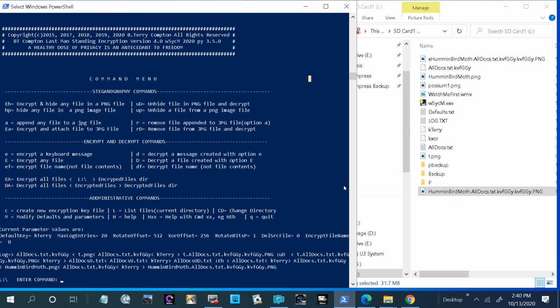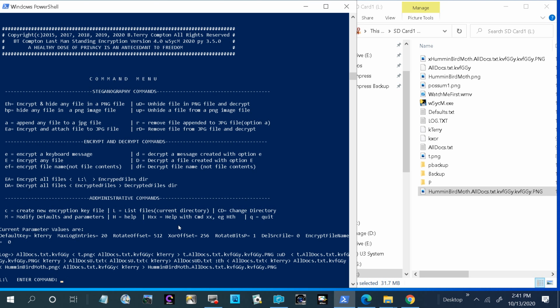And so we'll go to the command which unhides, extracts the data from the PNG file, which is, I believe, that stands for Portable Network Graphics file, which almost all sites support. I'd be surprised if any site did not support this format. Anyway, we will execute this UD command, UD,